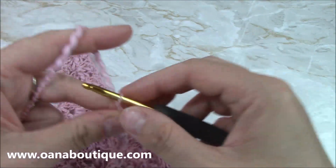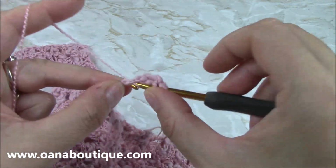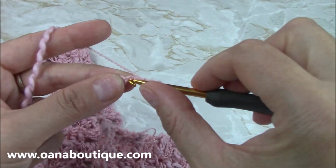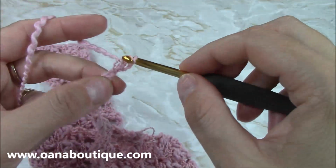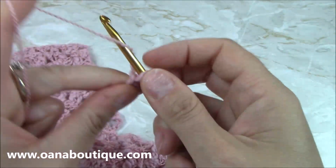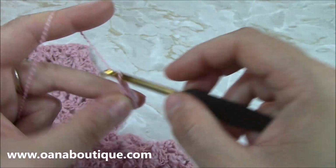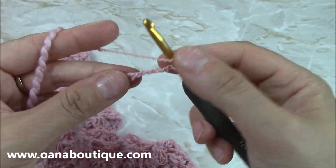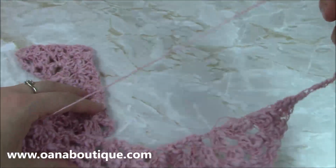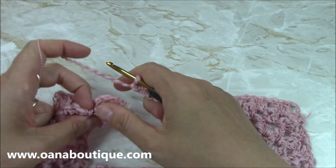I will work 4 more. 1, 2, 3, and the double crochet. This is the second. 1, 2, 3, and the double crochet. This is the third. 1, 2, 3. This is the fourth. 1, 2, 3, and here I am. This is the fifth. Okay, so here I will have 5 groups of 3 double crochets, but now I just